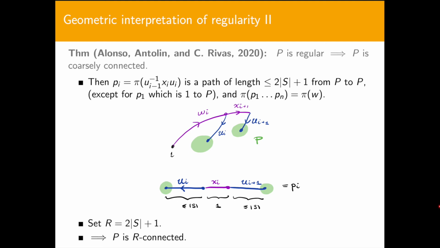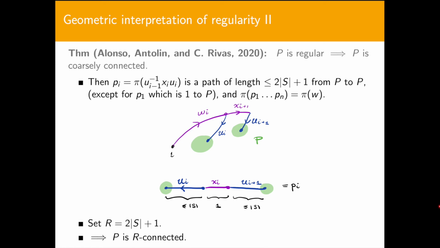So just to clarify this, you took your word w_i, and now u_i puts it in P, in the positive cone. So then u_i inverse goes from the positive cone to the endpoint of w_i, and then you follow that by an x_{i+1}, and then you put this w_{i+1} into P again. So the path